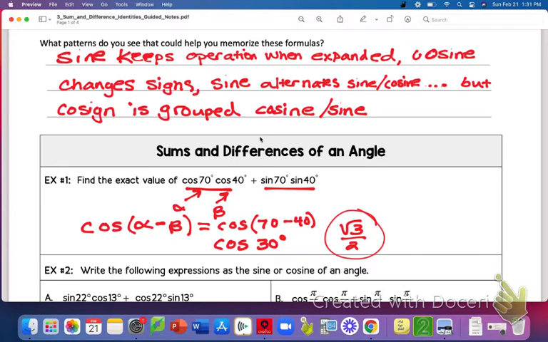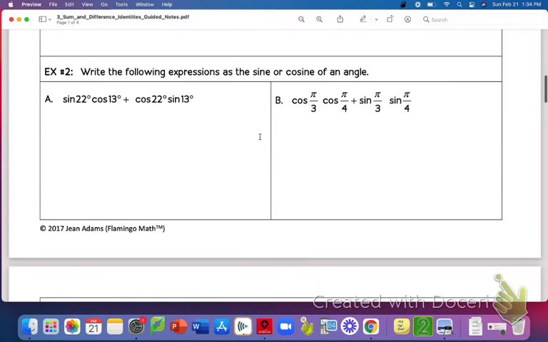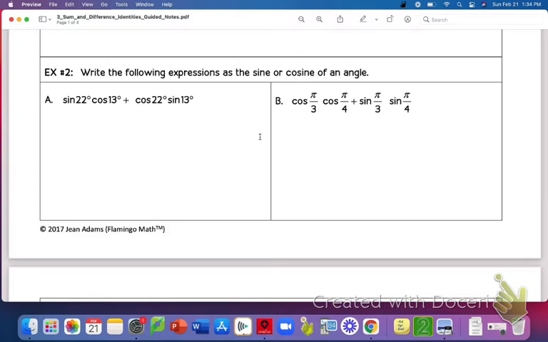Okay. In example 2, we're going to write the following expressions as the sine or the cosine of an angle. So here I have alternating sine cosines, right? So sine, cosine, cosine, sine. So I know that's going to be original sine. Sine carries the operation. So if it was a plus to start with, it's going to be a plus there. My alpha is 22. My beta is 13. So that just turns into the sine of 22 plus 13 is 35 degrees, which we don't know what exactly